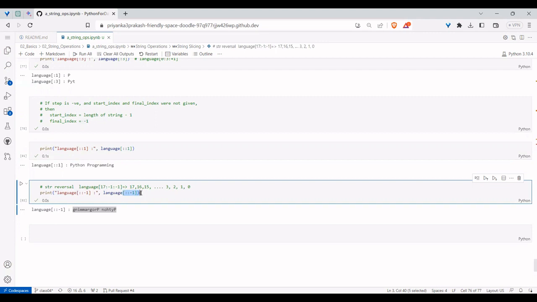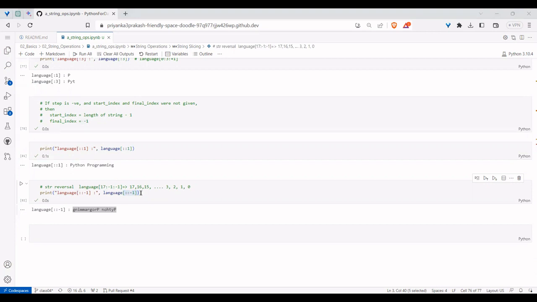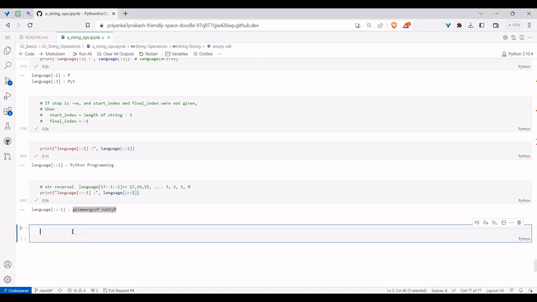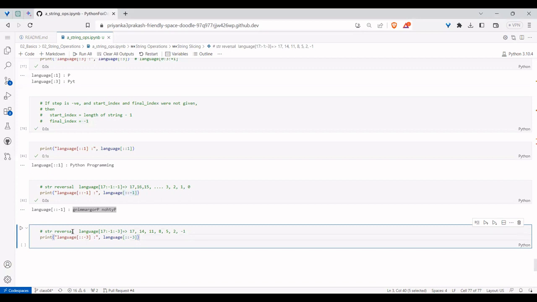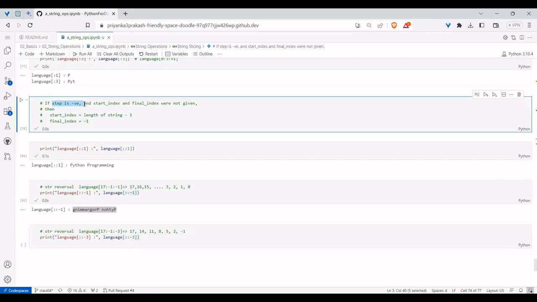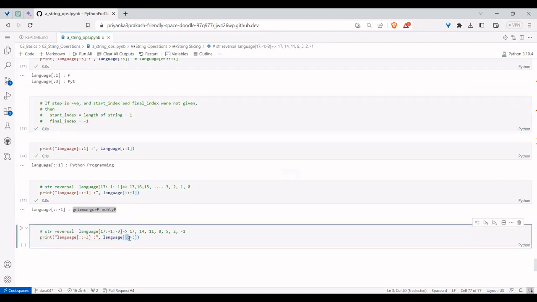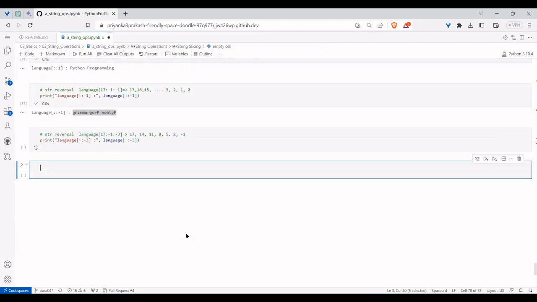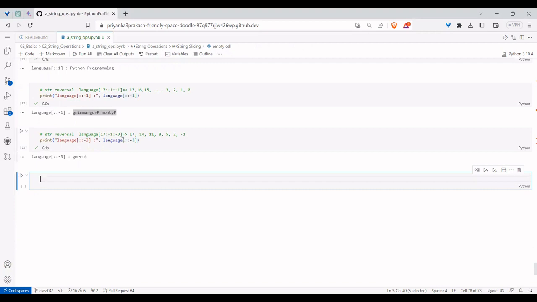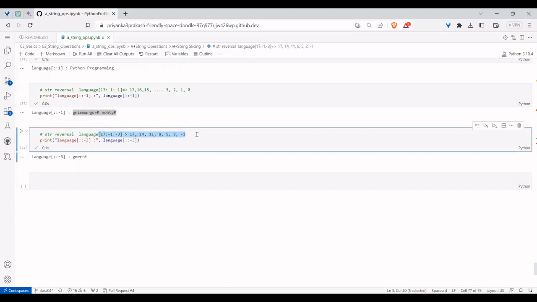That's the reason people are coming more crazily towards Python. In the same lines, you can work with colon colon minus 3 also, or anything for that matter. So when this kind of edge case comes, when the step is negative and the starting and final indices are not given, it will start the values like this. Fine, hope it's clear.